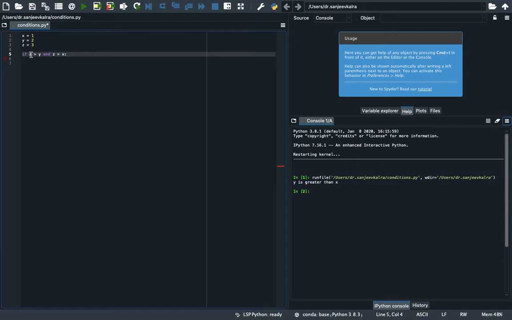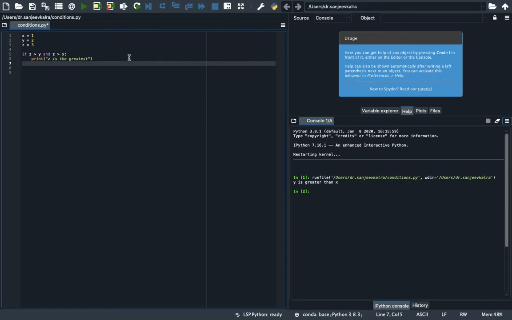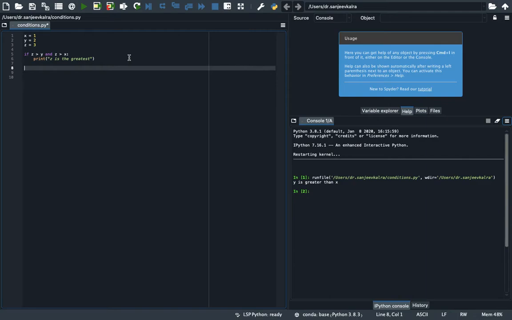Like if this is also true and this is also true. So if both are true, then we want to print that z is the greatest. So now we can see that there are many possibilities instead of just two. Like in the previous example, we saw that either x can be greater than y or y can be greater than x. But here we have many possibilities.